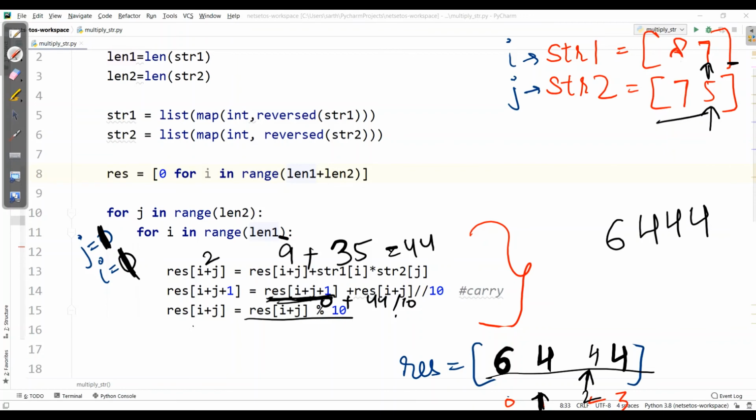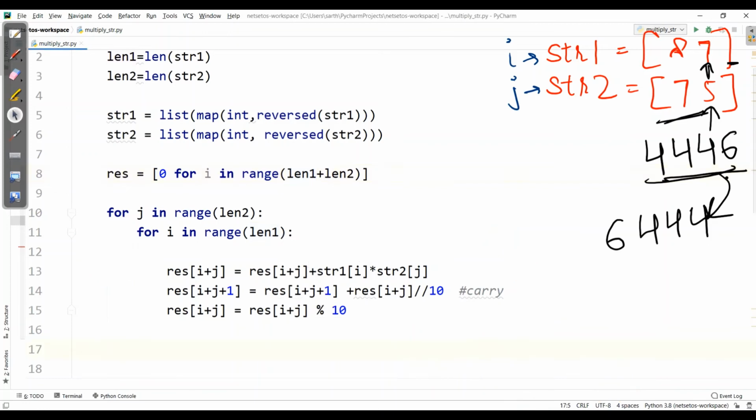But its multiplication is 4 4 4 6, so we need to reverse it. Let's see how we can do it. I'll write result colon minus 1. Now we got the integer in reversed form, but here we need to make it a string also.